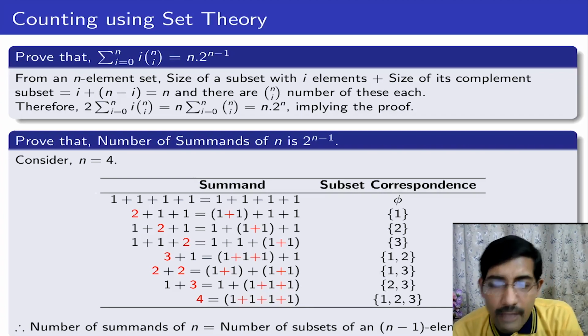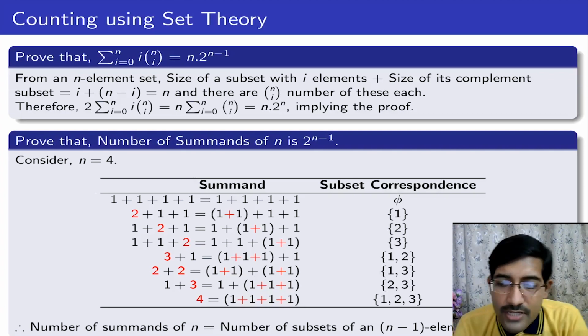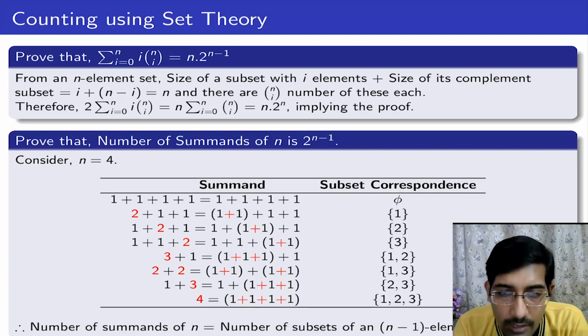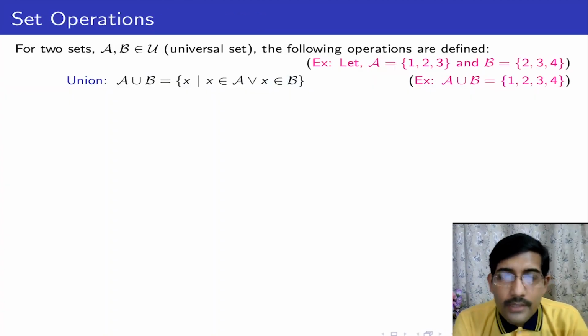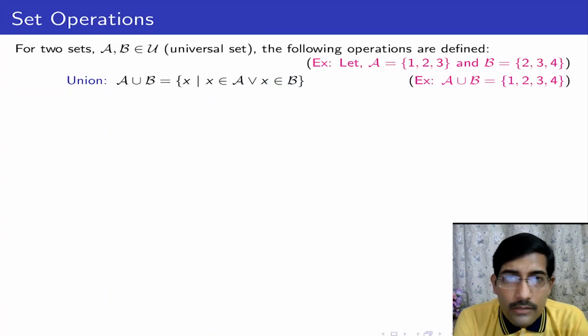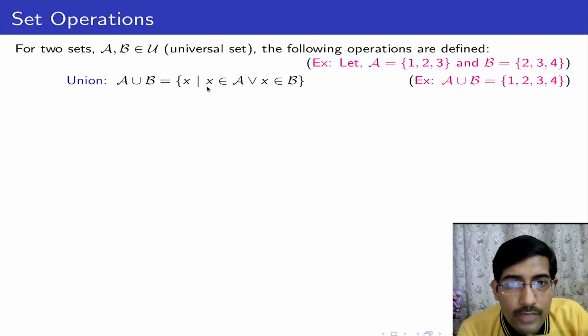Having said this and having known its implications in counting as well as other practical activities, let us now go deeper into finding some other rules and derivations from these sets. Let us define some rules across different sets, like two sets A and B. We say that A union B means every element of A is also present here and every element of B is also present here.